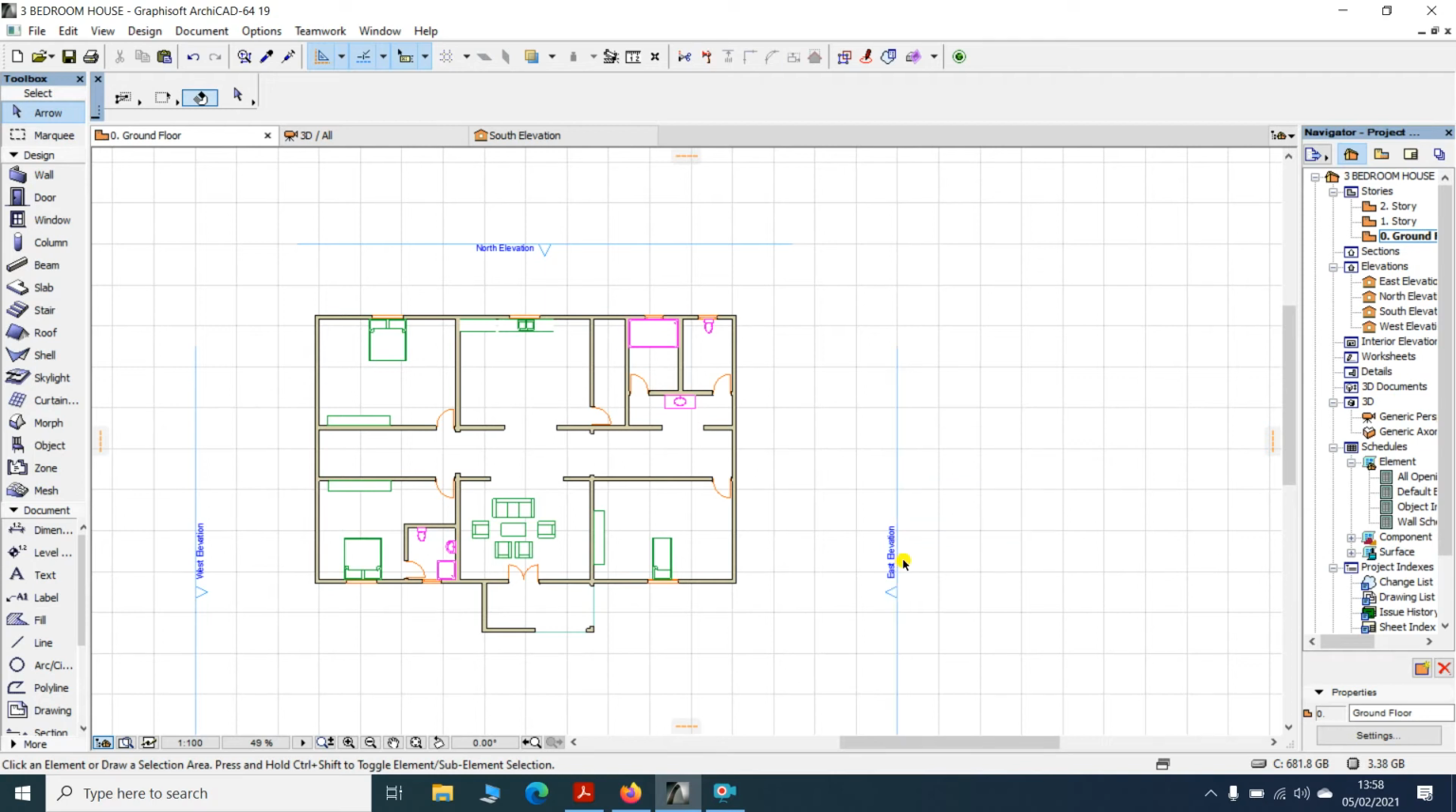In the previous tutorial, I taught how to place windows and objects. In today's tutorial, I'll show you how to place a roof, to edit it, and also to place the